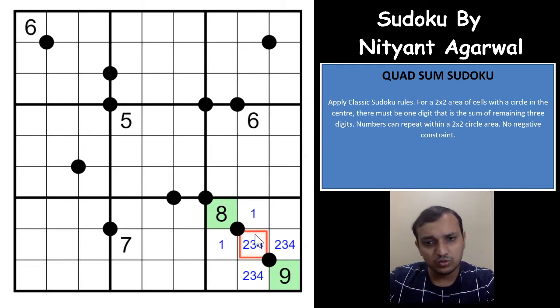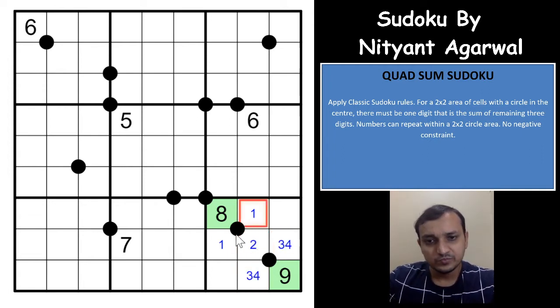Yeah. So if you have a 4 here, you need to have 3 in one of these 2 cells. Not possible, you already have a 3 here. If you have a 3 here, you need to have 4 in one of these 2 cells. So if you have a 2 here, you will have a 5 in one of these 2 cells, which means that if you don't have 1 here, this would have to be 2. These 2 cells would have to be 3 and 4, right? And these 2 cells would have to be 1 and 5.